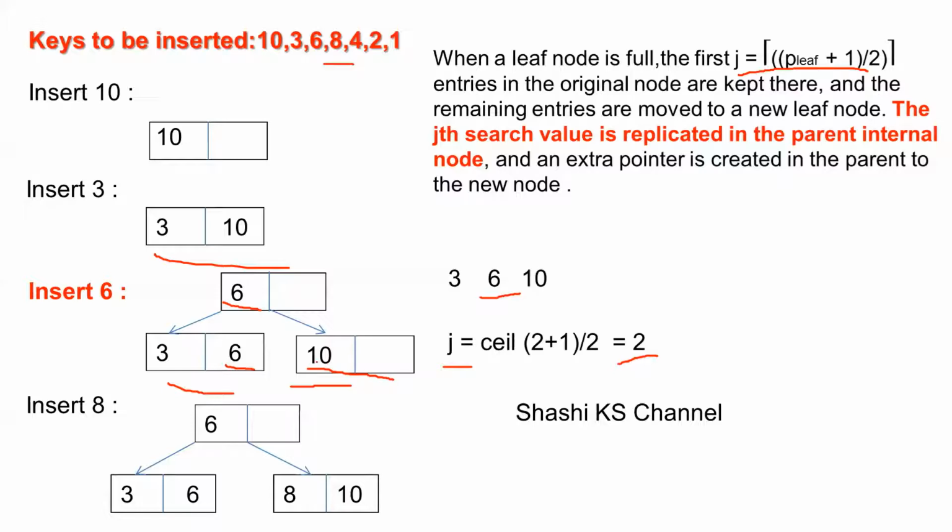So appropriately 8 can be stored here and 10 can be stored here. So we are placing it as 8 and 10 according to the rule. The next element which we have to insert is 4. So see, 4 is less than 6. The root node is 6. 4 is less than 6. So the keys which are less than the root value have to be placed to the left of the root.